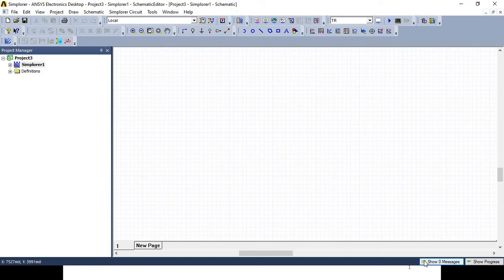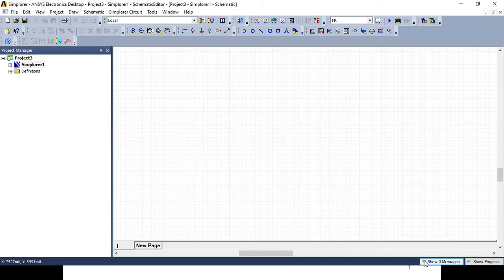ANSYS Maxwell software is mostly useful for the study of magnetic circuits, and of course in electrical engineering where the magnetic principle is used, like in case of relays, circuit breakers, transformers, motors, etc. The performance of this equipment also can be checked by using the ANSYS Maxwell software.